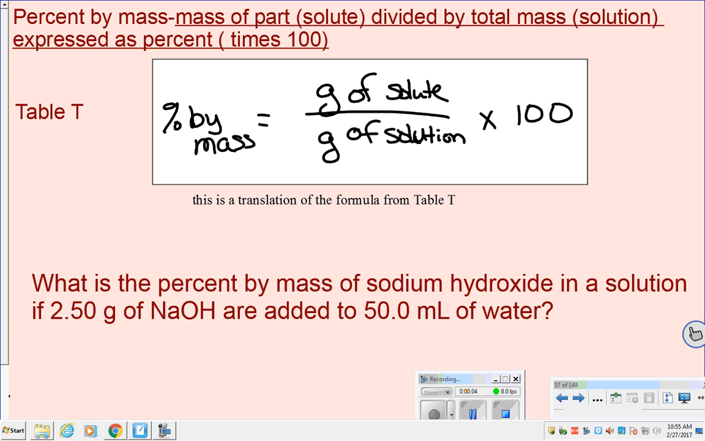Hi, welcome to Solution Calculations Part 2, percent by mass and parts per million. Percent by mass and parts per million are both based on masses rather than moles. So in some areas of study or into some populations, this can be a little bit more useful if the